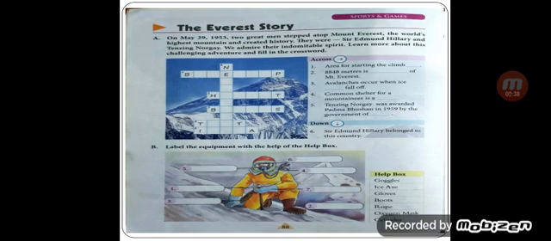Okay. The first one is the area for starting the climb. So from where we start climbing Everest, that is known as base camp. Second one is, 8,848 meters is dash of Mount Everest, that is across, on the across side. It is the height of Mount Everest. Third one is avalanches occur when ice blocks fall off.